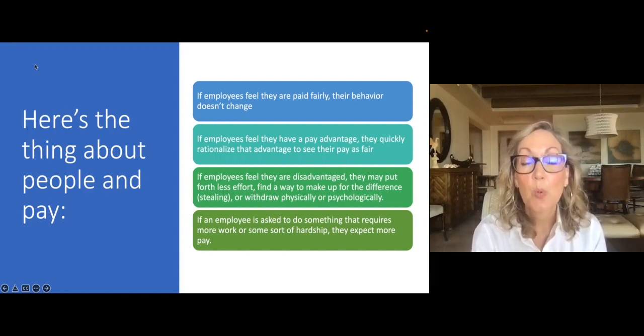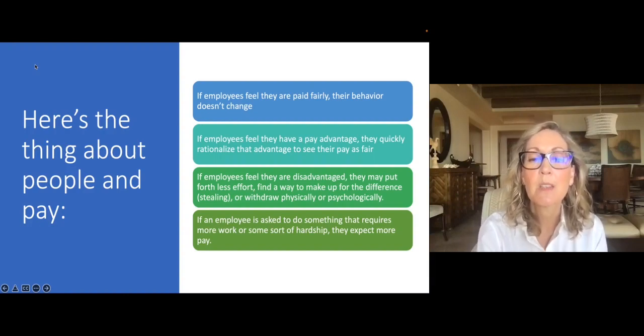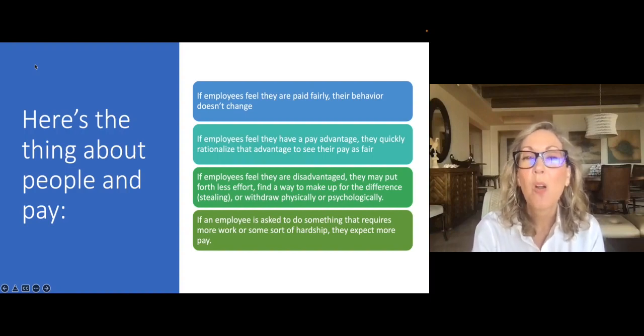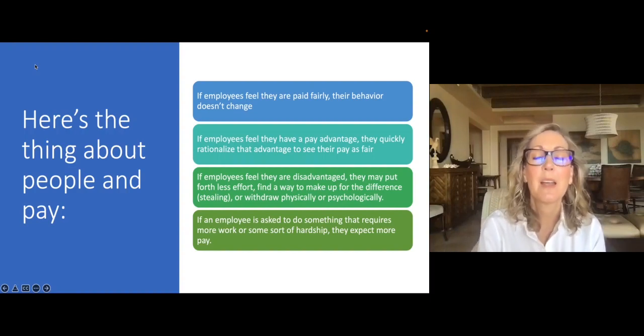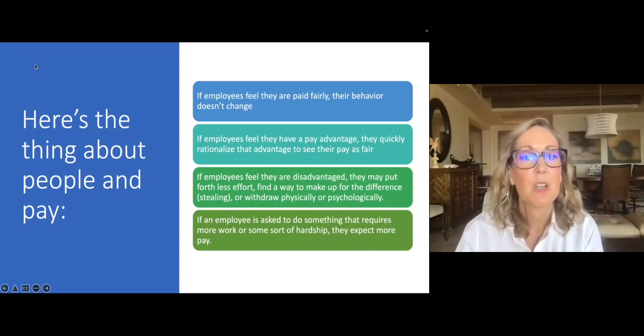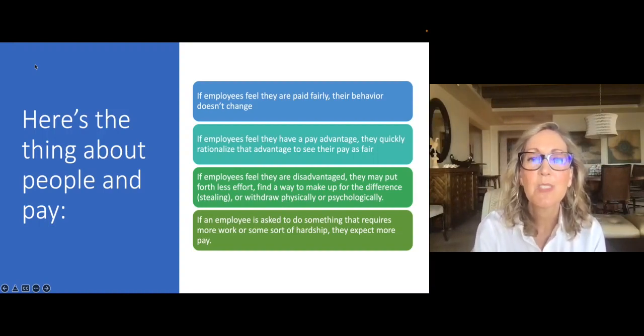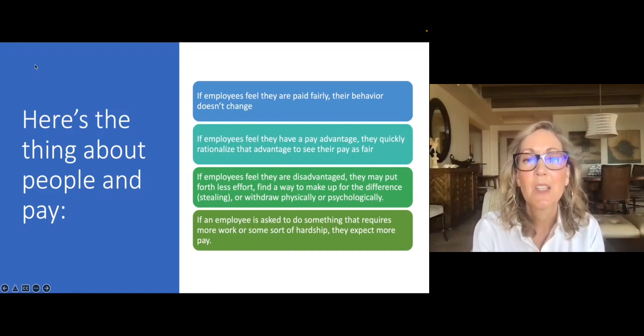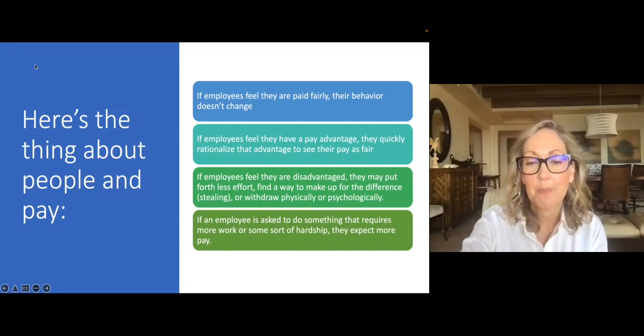Also important to note, as an HR person or a person who might own a business or determine how to pay people in a business, that if you ever ask someone to do something that requires more work or more hardship, I'm going to ask you to work the night shift, or I'm going to ask you to do this in worse conditions. You used to work inside, now you're going to do the same job, but you're going to be outside in the heat. Those sorts of hardships require you to pay more. People definitely expect, when you ask something that is unpleasant or not as good, that they will be paid to compensate them for that hardship.